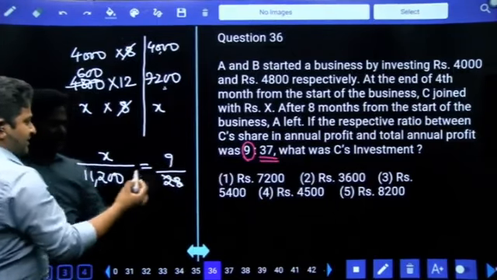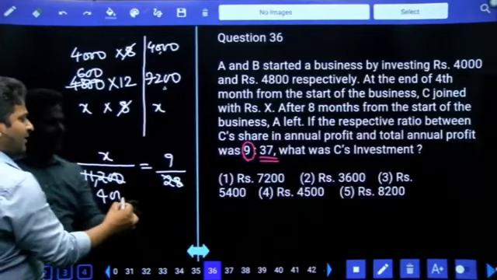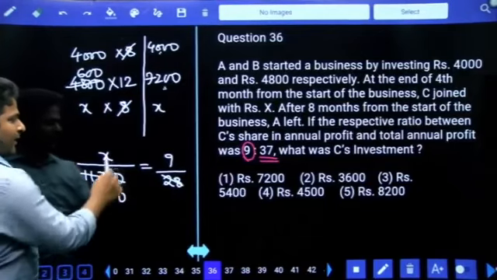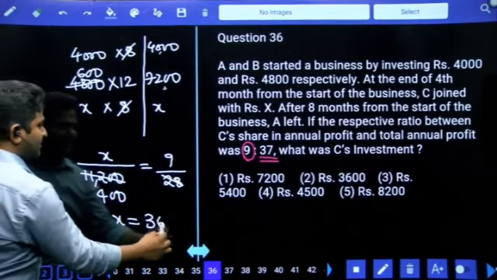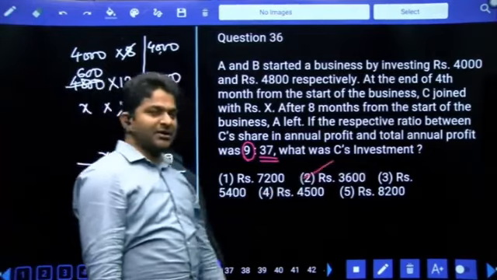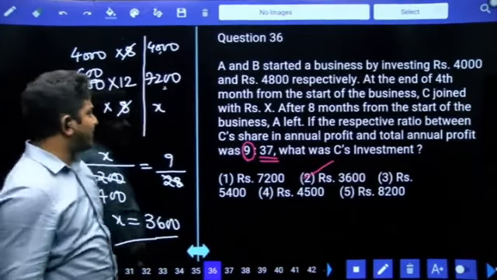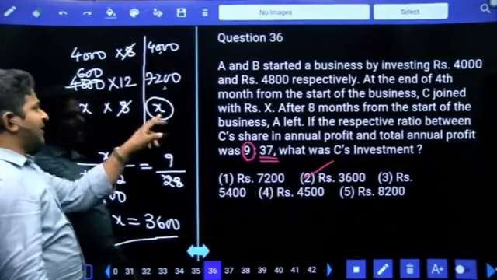Now 28, how many times? 28, 4 times and then 00. X value is equal to 9 into 400, that is 3,600. 3,600, second option answer. Otherwise, first after getting this value, C profit sharing ratio is X, and which is what